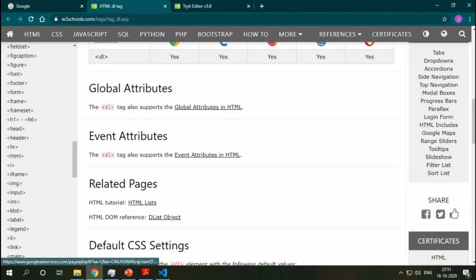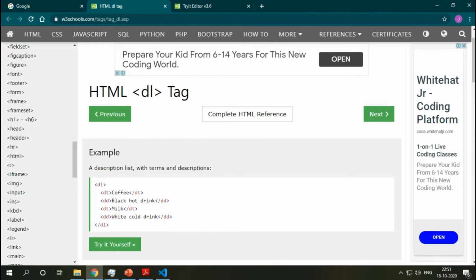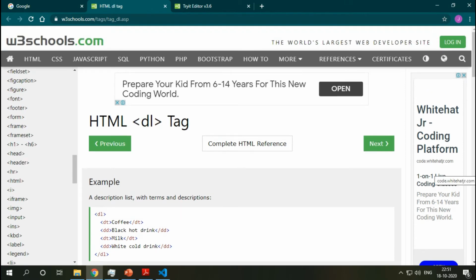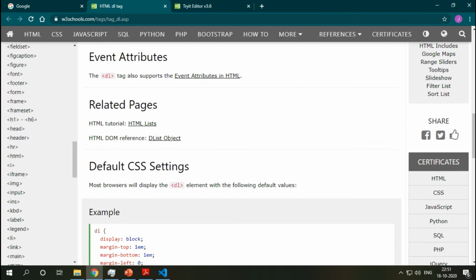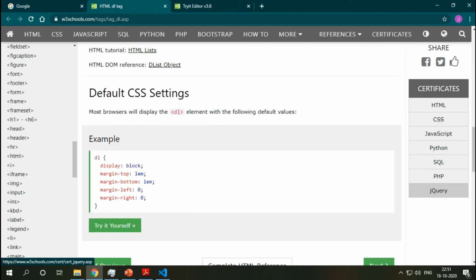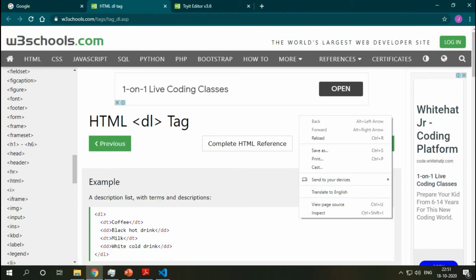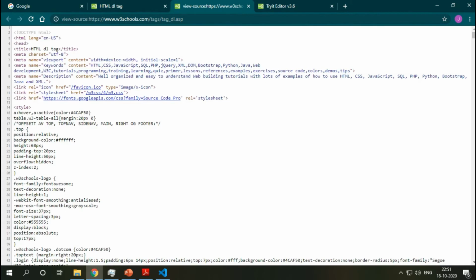Just before that we had aside. Aside means less important information that is related to your HTML content in some manner, or ads, and it will be at the right side. See here, there is some less important information at the right side. If I view the page source here, I think we'll have class developer in the header, but it is very confusing, so I don't want to confuse you.